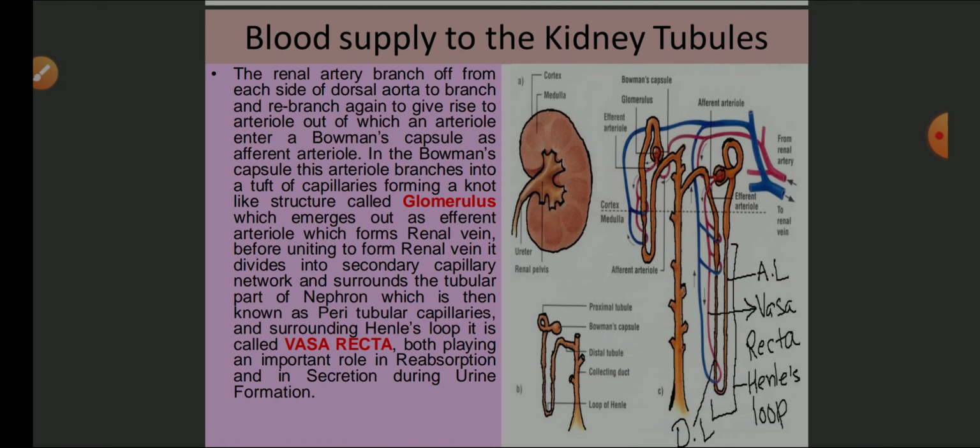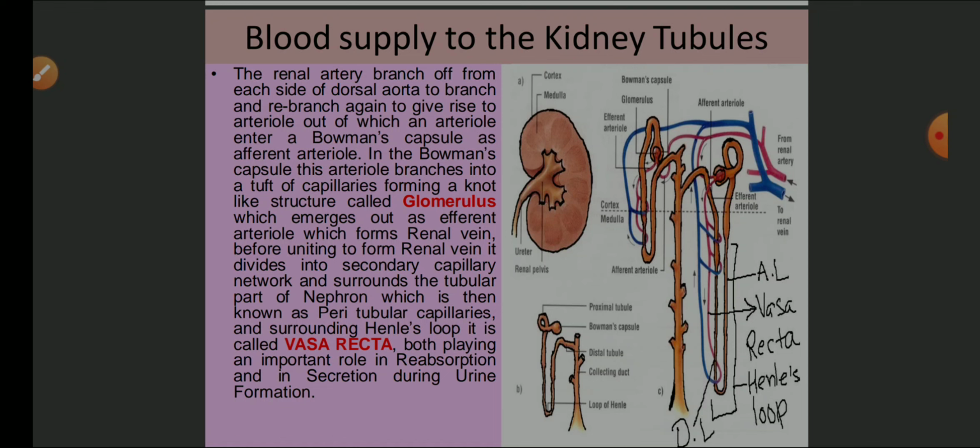So this is how the blood is supplied to the kidney, and this is what happens inside the kidney. Which artery is supplying blood to the kidney? Renal artery supplying blood to the kidney. Is renal artery pure? No, it is oxygenated, but it is not pure because it contains high amount of nitrogenous waste materials like urea, uric acid, ammonia, minerals, ions and excess amount of salts, which require to be removed. That means which helps the blood to purify.